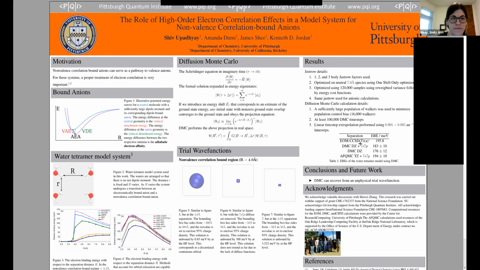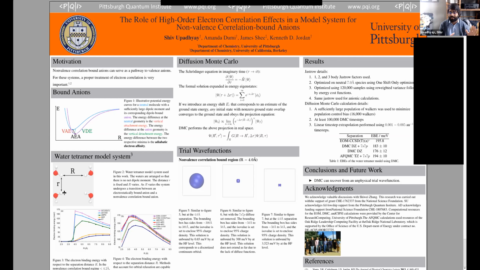I have a question too. So I see here you're representing things as a tetramer, but I'm just curious, how well does a tetramer actually represent what happens in real world systems? Yeah, that's a really good question. So this water tetramer would not occur in nature, because if you look at these hydrogens, all of the hydrogens are pointing towards each other. If we know anything about water, it likes a hydrogen bond.